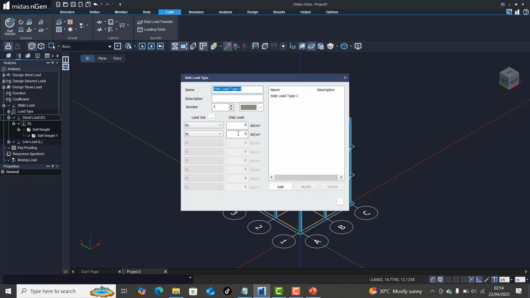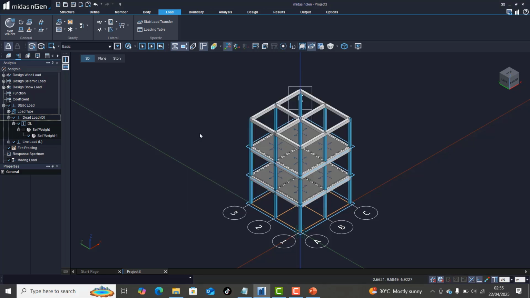load type. Very important. I will leave this as it is, and I will put in -1.5, and then I will use this as -2, and then I will add. Then I will make sure I click OK. All right, the first one is still existing, so I can just leave this first one and just click on this. All right, so the next thing to do to add this entire